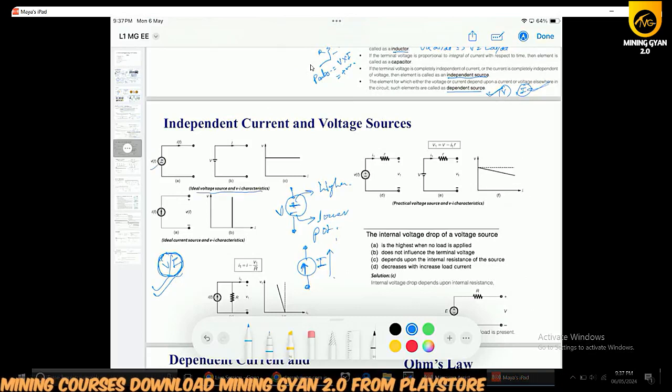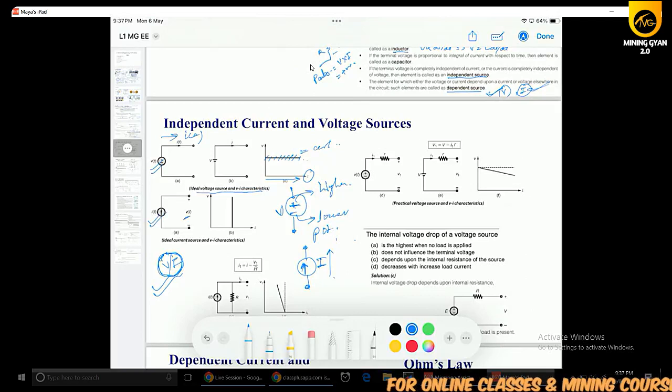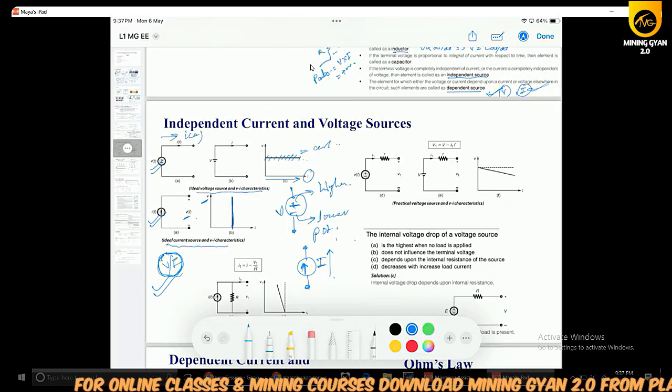Okay, this is the ideal voltage source, and this is the current flowing through the voltage source. Why is it called ideal? Because irrespective of the value of the current, the amplitude of the voltage at any value of current is constant, and that's why it is called an ideal voltage source. But in case of an ideal current source, irrespective of the voltage across it, there will be a constant value of the current, and that's why it is called the ideal current source.